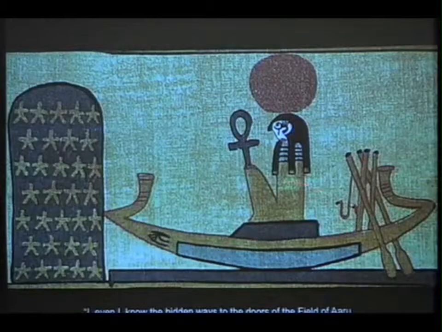You come here to the ancient Egyptian Book of the Dead. This is Ra aboard his ship of eternity. He's preparing to sail into this gate of stars that I prefer to call a Stargate. And the inscription that accompanies this vignette says, "I, even I, know the hidden ways to the doors of the